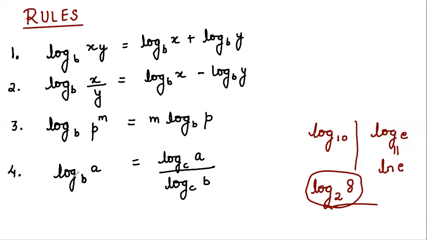Here it is given by log A base B is changed to log A to the base C upon, in the denominator, B which was our base, log B to the base C. Now if you see both the bases are the same, so this is your change of base rule. If you have to evaluate any log without base 10 or e, we can always apply the change of base rule and evaluate. So these are the 4 rules that you must remember. They are very useful and help in simplifying many questions.